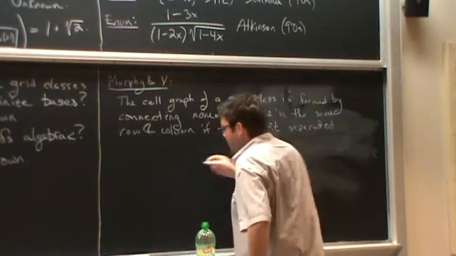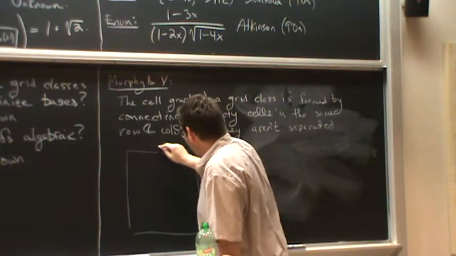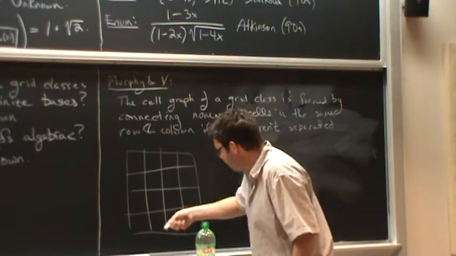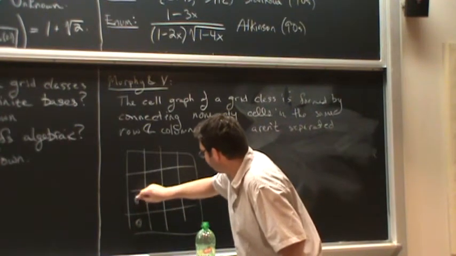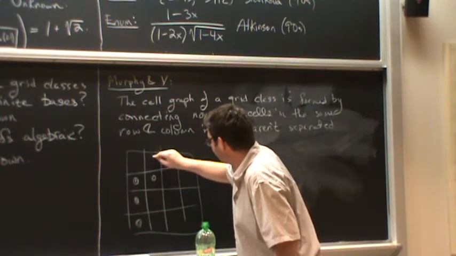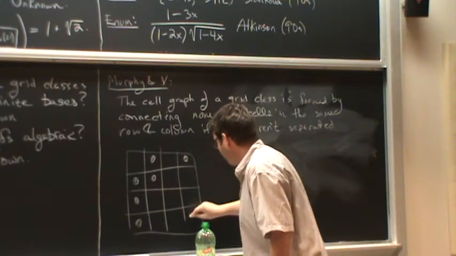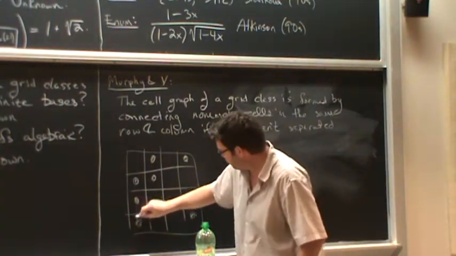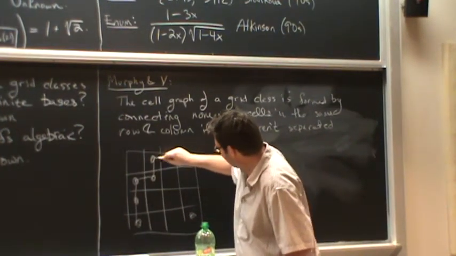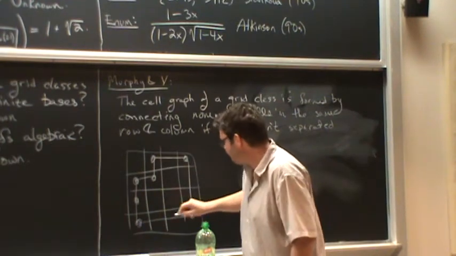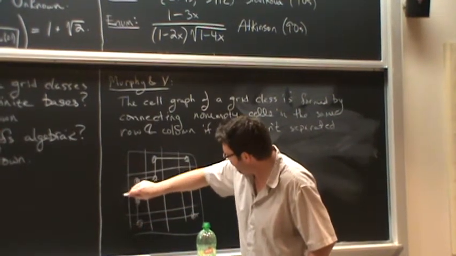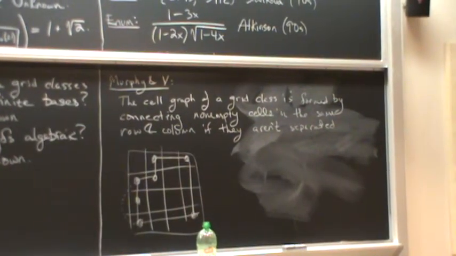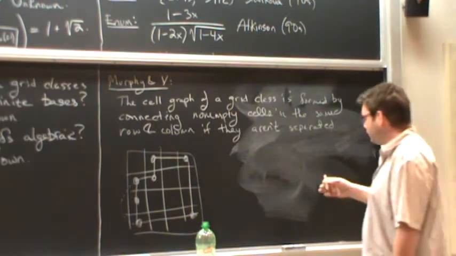An example is probably best. I'll just do dots where we have things. So these are the non-empty cells. The cell graph would go, these are connected, these are connected, these are connected, and that. Notice that that's not an edge because they're separated by something in between. So that's this graph, and then the theorem says that